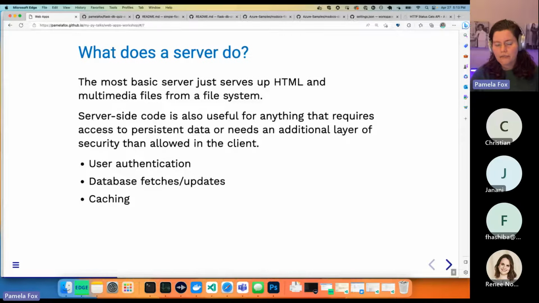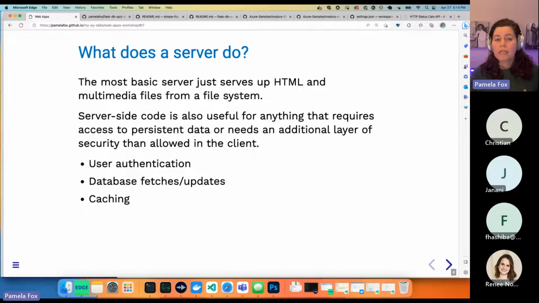So why do you need a server? Well, you can have a really basic server, what we call a static server or file server, which would just serve up HTML pages and CSS and JavaScript files as if from a file system. That can work okay for really small websites. But once you start getting to bigger websites, you're going to want a server so that you can do things like reusing content across HTML pages, using templating, and having a much nicer reusable code base.